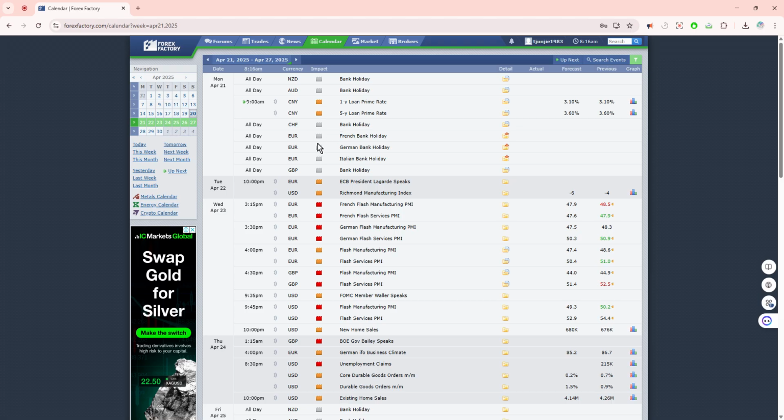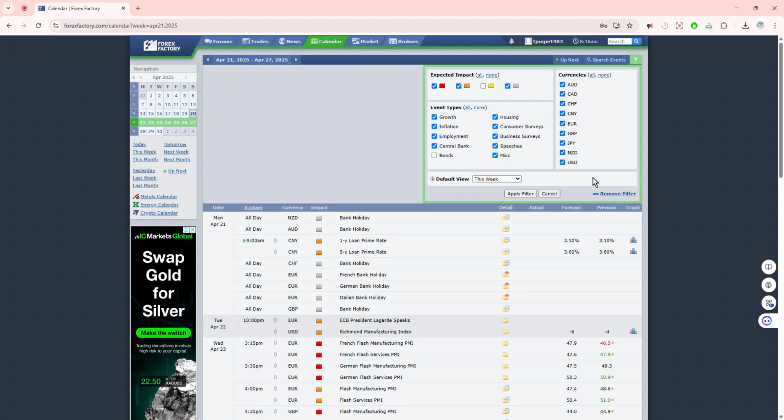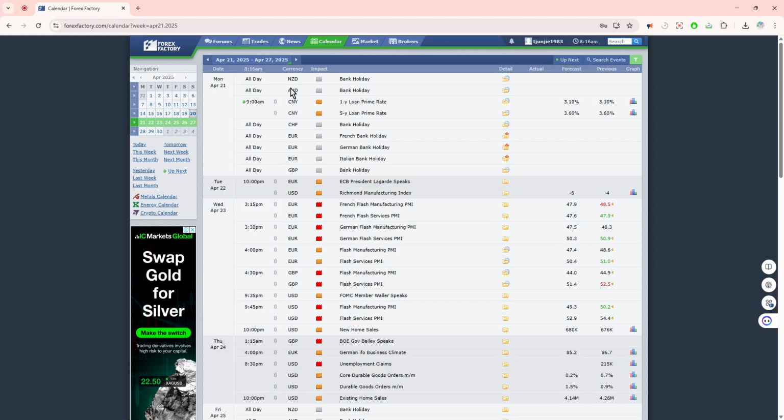On Forex Factory, you can also do the same thing, filter down to the importance in terms of the impact: red, orange, or yellow being the least important or lowest importance. Then event type and all this, and also your currency. Okay, so this is next week. Next week will be starting from 21st April, week 17, I think. They are still having this holiday, the Easter. I think it's Easter Monday.